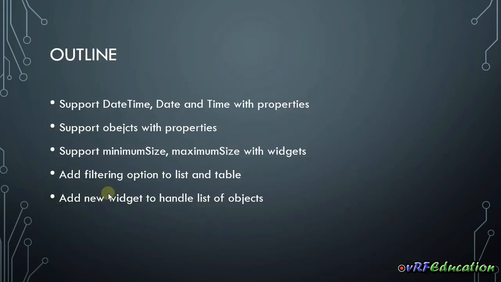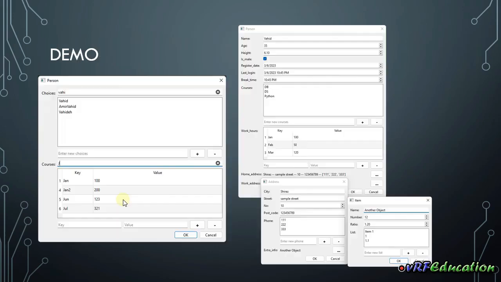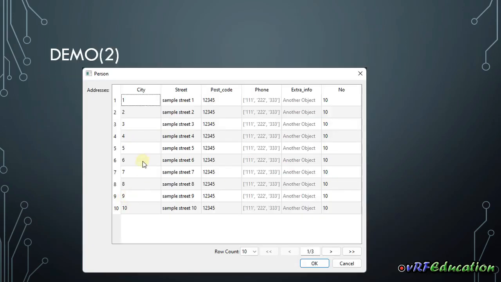After that, I add a new widget to handle a list of objects, not a list of scalar values such as a string, integer, or boolean, but a list of objects. Imagine that you have a list of addresses inside your Python object, okay? This library is going to show you this field inside a grid, inside a table widget, but I changed its name to SimpleGrid because it's somehow different from